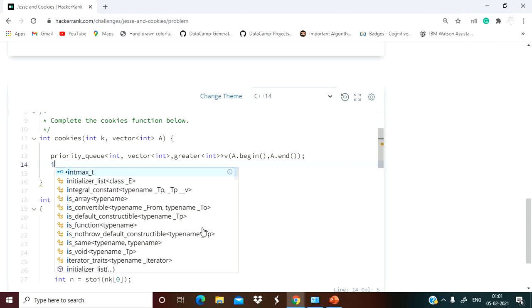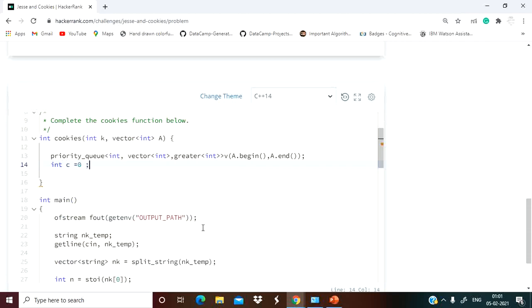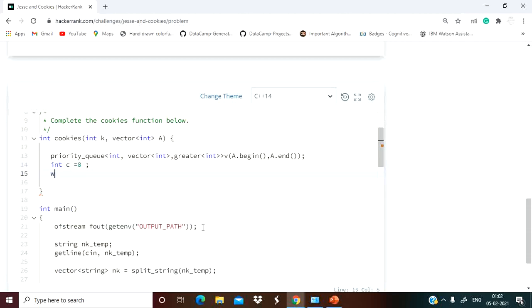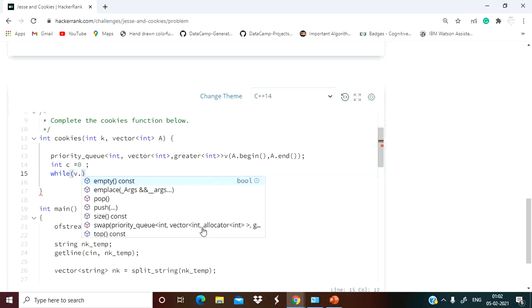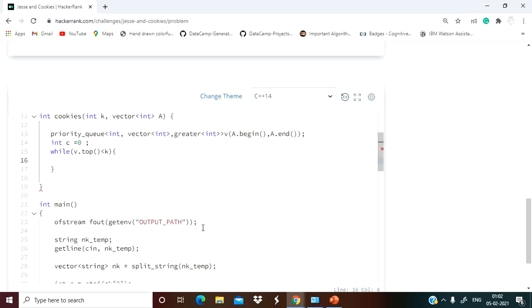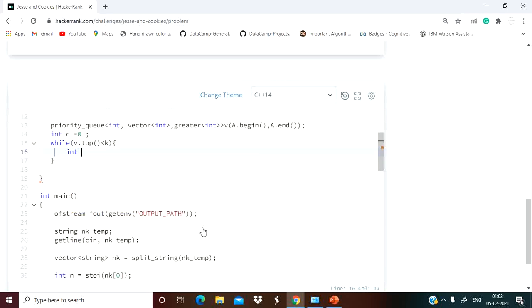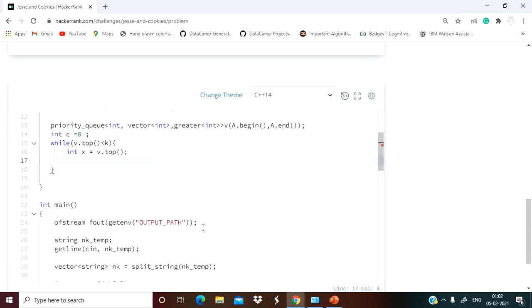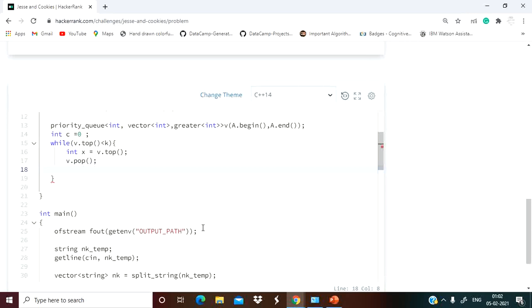Next, let's take a variable c for counting the number of operations, and here we will check while v dot top is less than k. If this condition is true, let's take a variable x, and here we have the v dot top value. Now we will remove this value from the heap using the pop function.